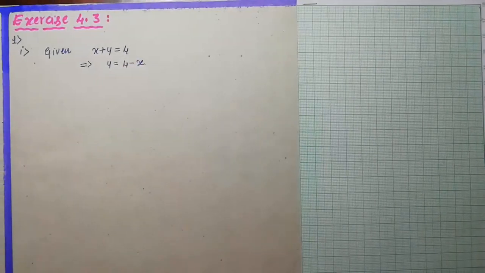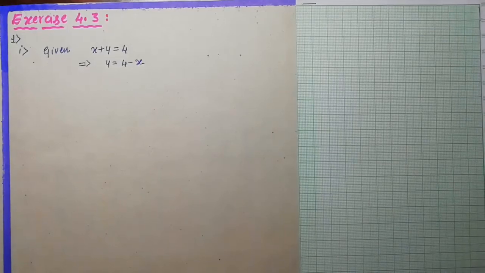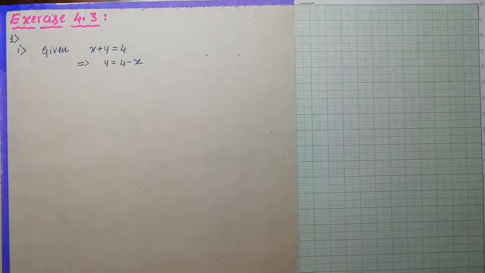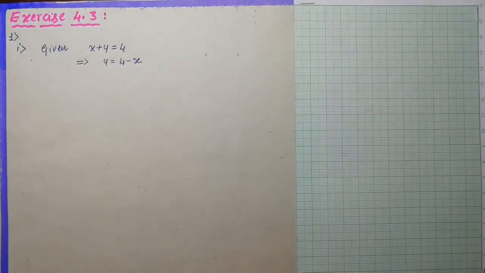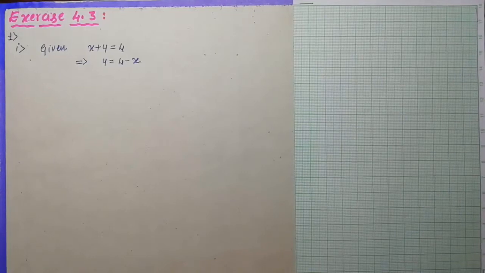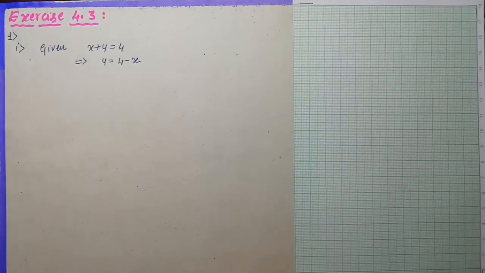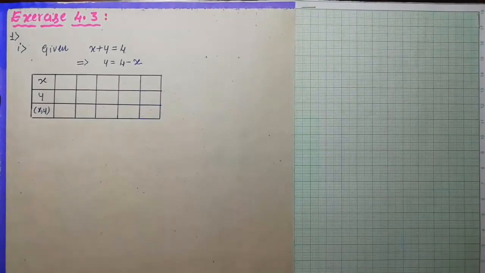Now you have to write the table. Table means you have to list out the value of y corresponding to the value of x, as you have seen in the previous graph. The same thing. It is sufficient if you find just 2 points, because to draw a straight line 2 points will be enough. So now I'm going to find 2 or more points to draw the graph of this one, the solutions.